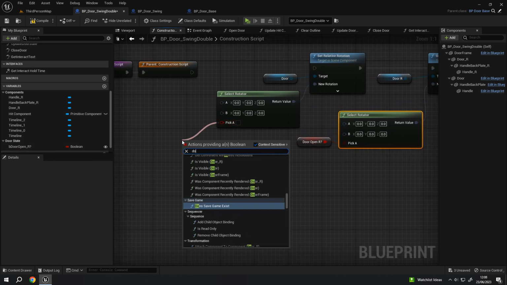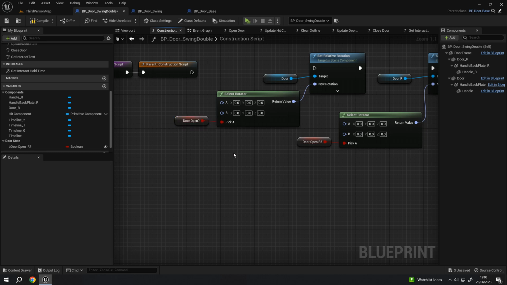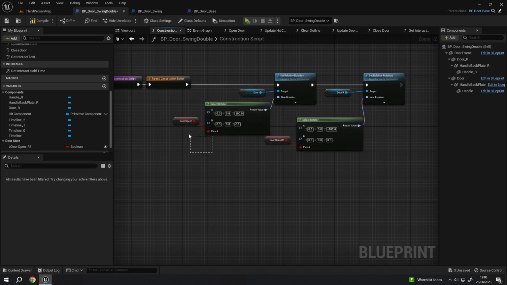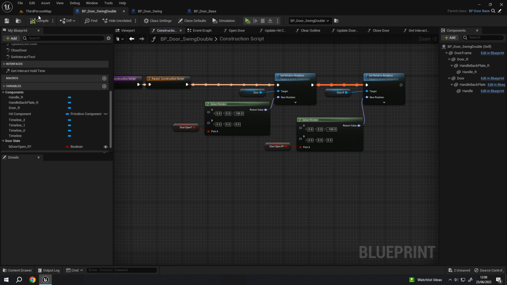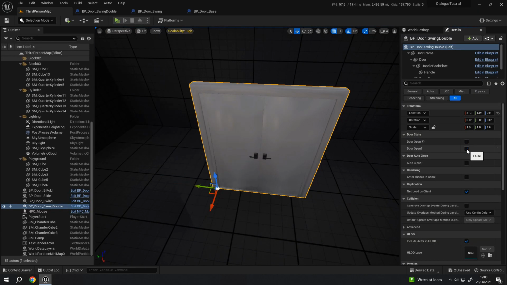So we need the other one, so door open, like so. And the normal door, so the left side, that should be 100, and then the right side will be minus 100. Like so. So as you can see, these are now starting to